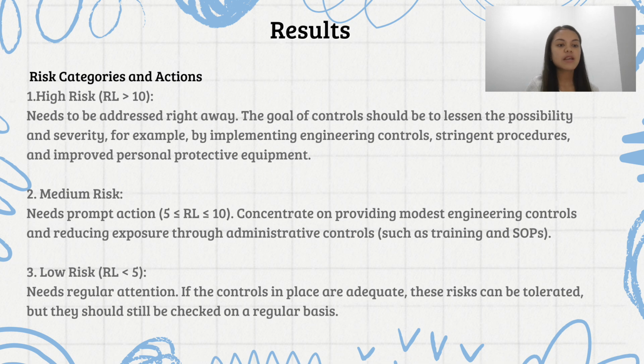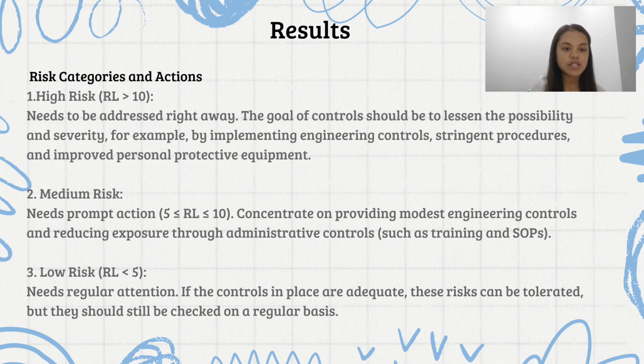And for the medium risk, it needs prompt action, from 5 up to less than 10, and it concentrates on providing modest engineering controls and reducing the exposure through administrative controls such as training and SOPs. And the low risk is less than 5, so it needs regular attention. If the controls in place are adequate, that risk can be tolerated, but they should still be checked on a regular basis. As you can see in the next slide,